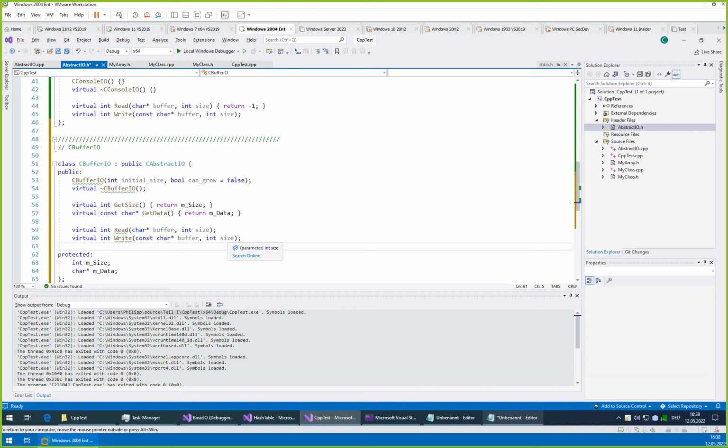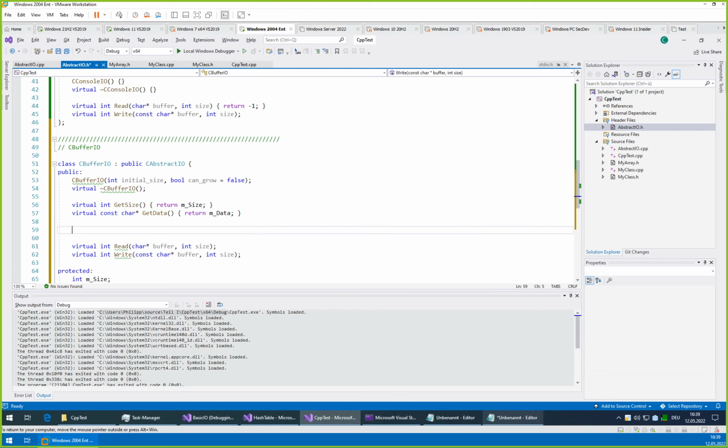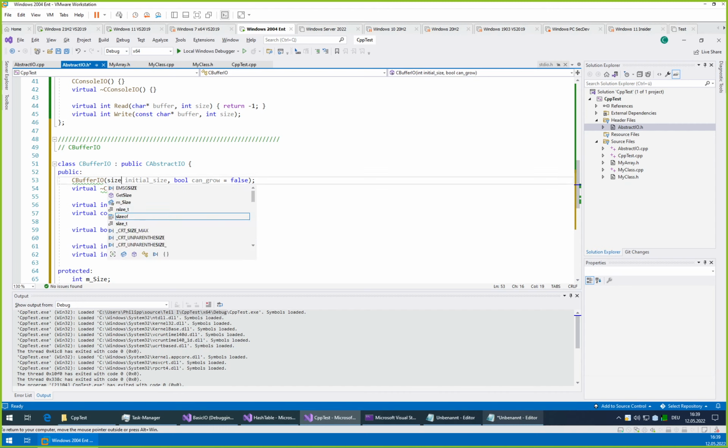Oh, we need a few more things. We need to be able to set a position. Void, or not void, or boolean. Seek, int position. Actually, maybe we should be more reasonable and use size_t.